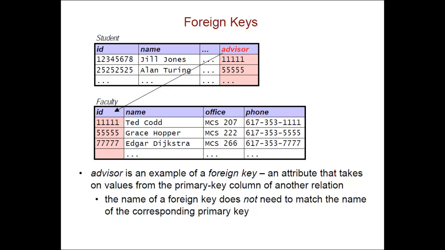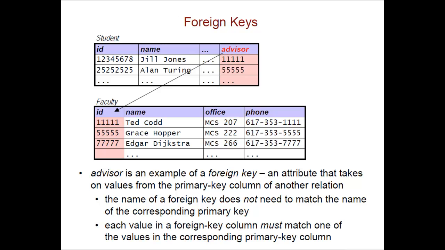Now the name of the foreign key doesn't need to match the name of the corresponding primary key. So here I'm calling the foreign key advisor, whereas the primary key is called ID. But what does need to match is every value that I put in the foreign key has to already exist in the corresponding primary key. So in this case, it's okay to have 11111 in advisor because that value is already in the corresponding primary